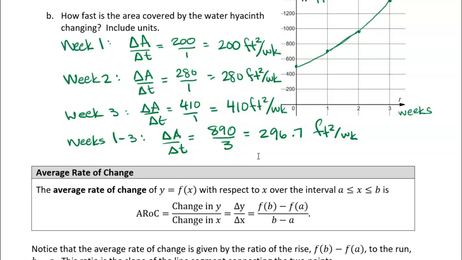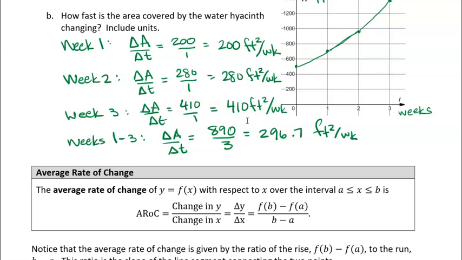Okay, so if we have one quantity, y, as a function of another quantity, x, right? That just means that as x changes, it's going to change y, right? And so if we have y as a function of x, then the average rate of change is just the change in y over the change in x. All right, now change in y over change in x is slope. So if our quantity was changing linearly, then we would have a constant rate of change. In this case, we don't have a constant rate of change. You can see that for the case of the water hyacinth,